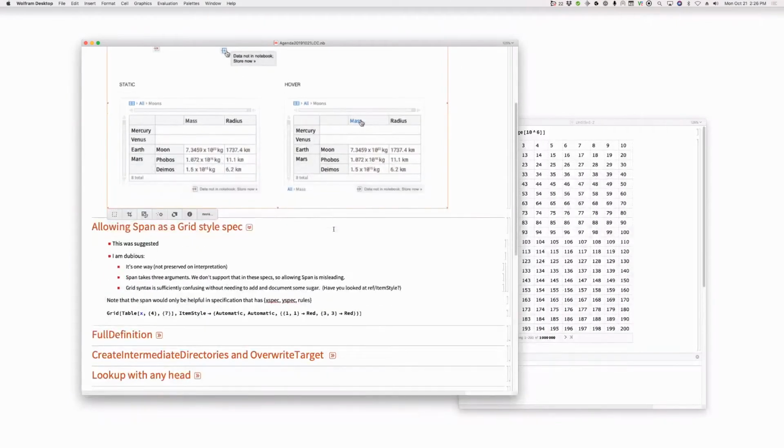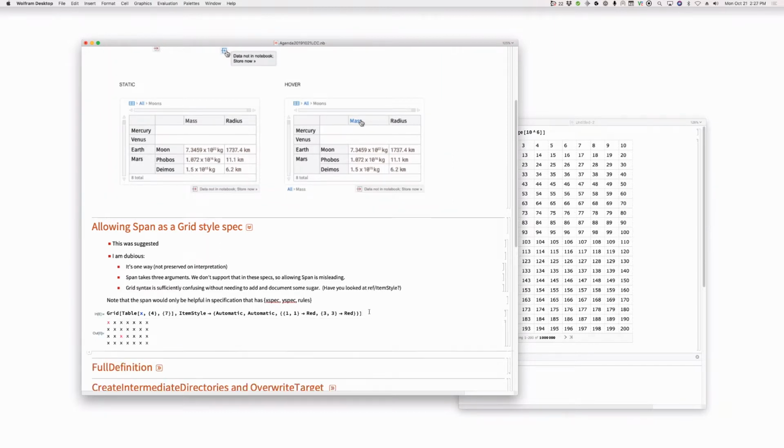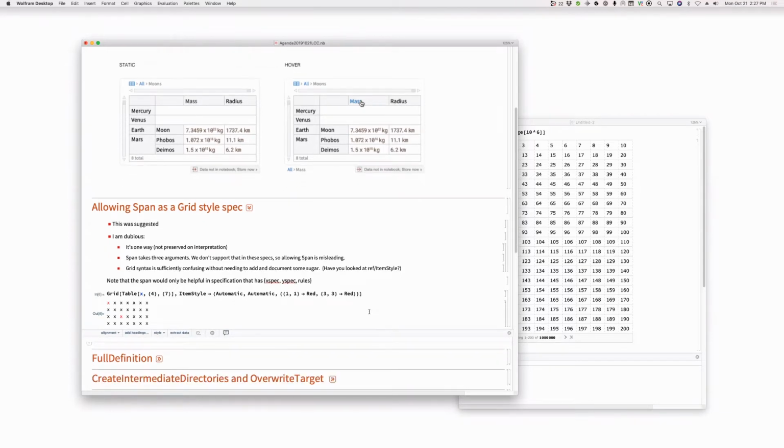Allows span as a grid style spec. Right. So there's an example there at the bottom where if this were implemented, that list 1.1 and list 3.3 could be written as spans. So